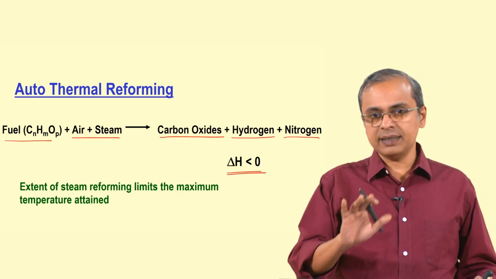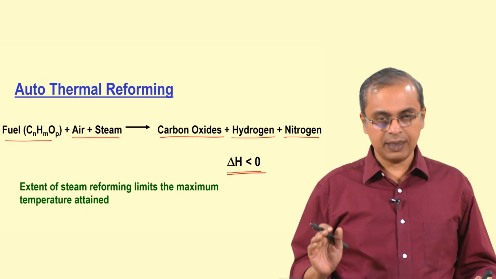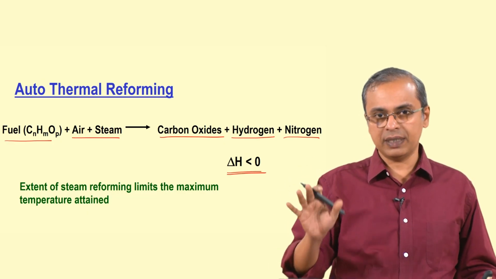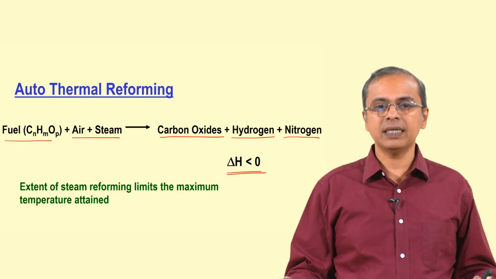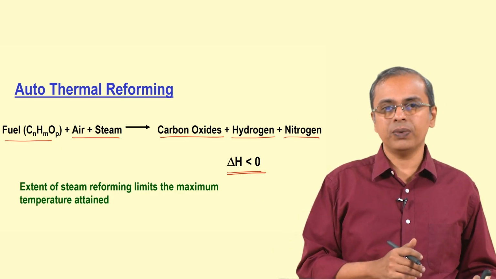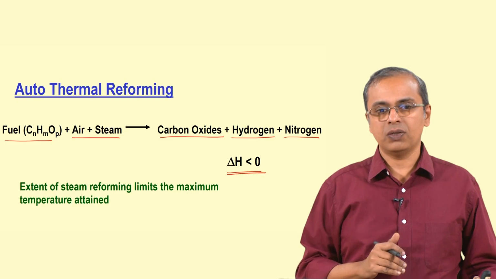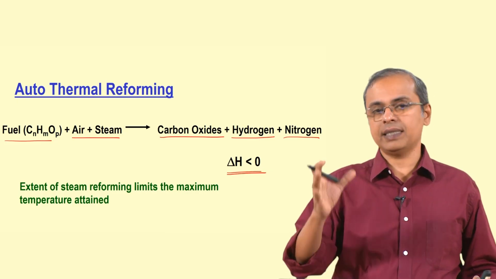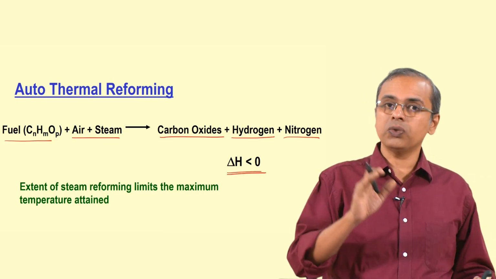So, this is the way in which you can set it up, so that you can manage the temperature and hold the temperature and then continue the reaction, and then based on the amount of steam reforming you are doing, you can limit the maximum temperature to which the reactor begins to climb. So, this is called autothermal reforming,